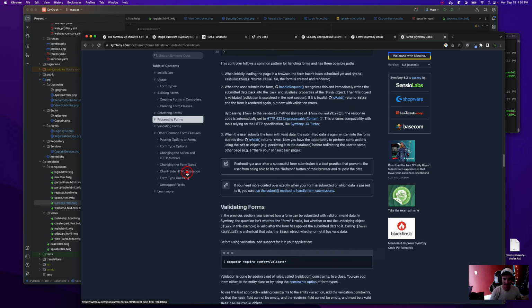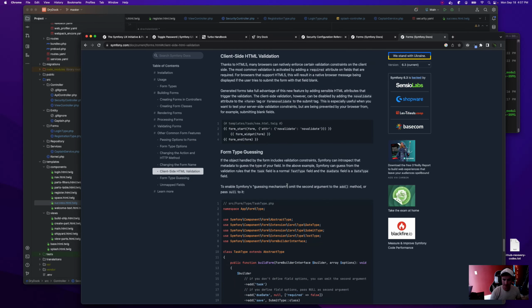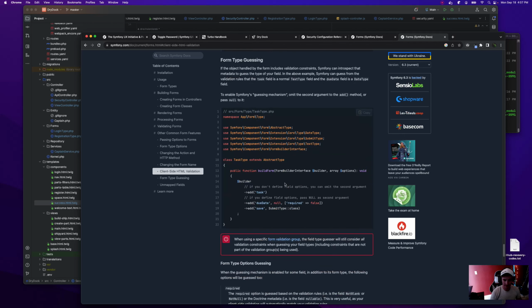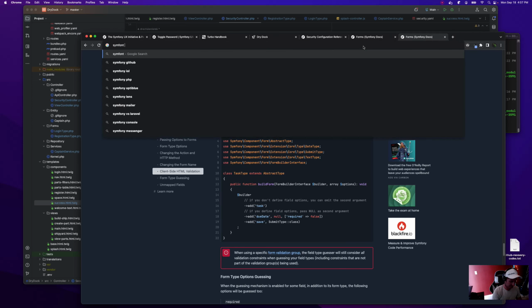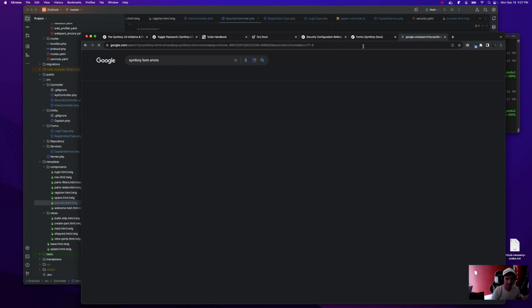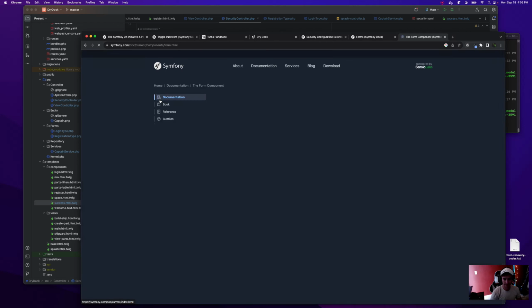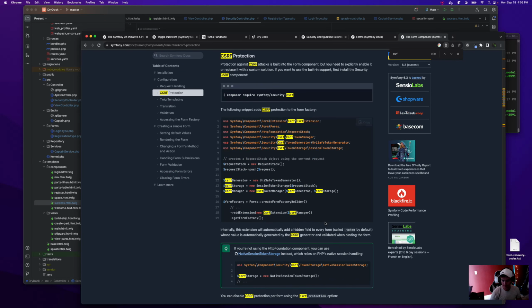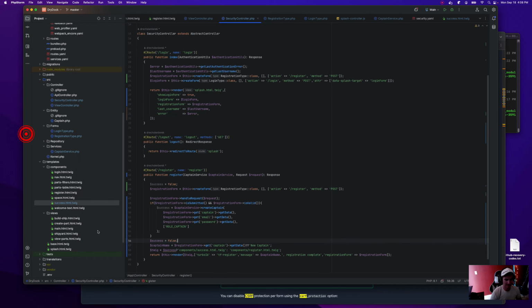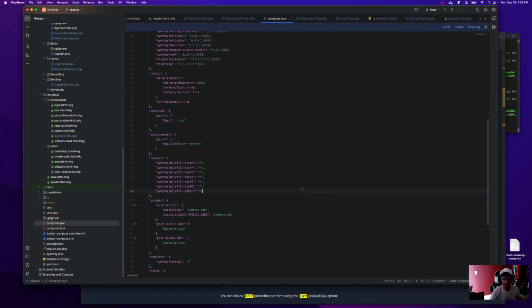Interesting. I should have that automatically enabled.